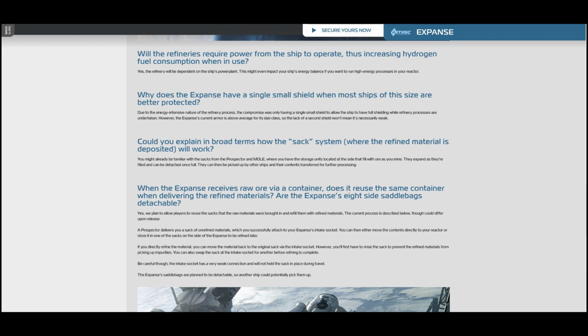Could you explain in broad terms how the sack system, where your refined material is deposited, will work? You might already be familiar with the sacks from the Prospector and the Mole, where you have the storage units located at the side that will fill with ore as you mine. They expand as they're filled and can be detached once full. This can then be picked up by other ships and then their contents transferred to further processing. I don't really think that needed too much in the way of explanation, but...